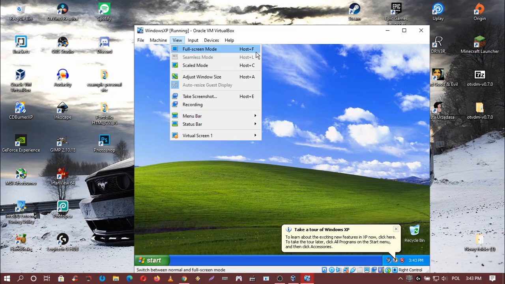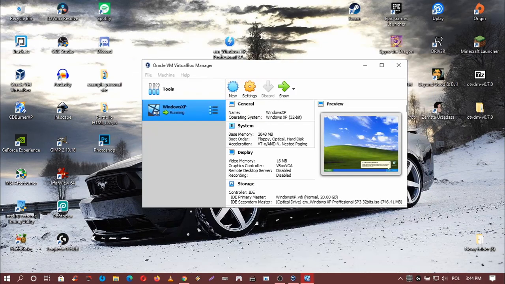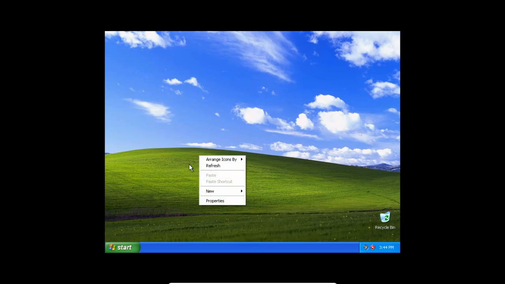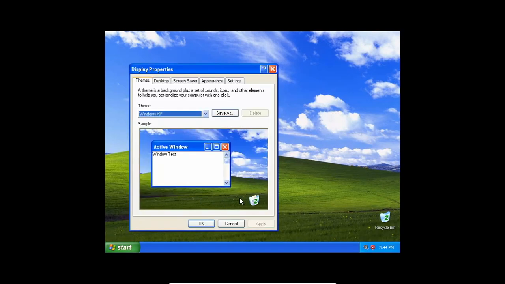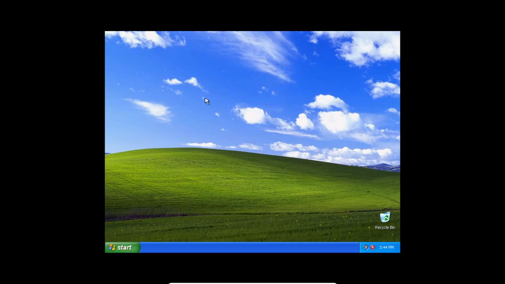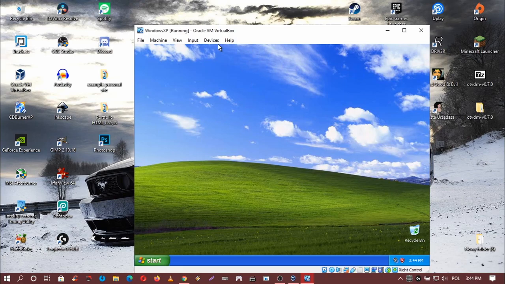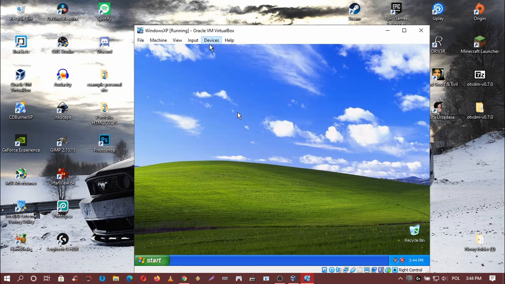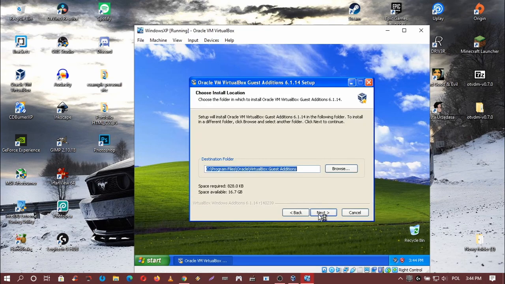Host is right control and F, right control and F, and like you see, click right button, settings, and we don't have HD resolution, so we need to exit full screen mode and choose devices, insert Guest Additions CD image, left click, next,